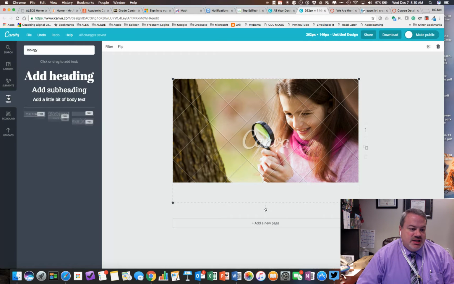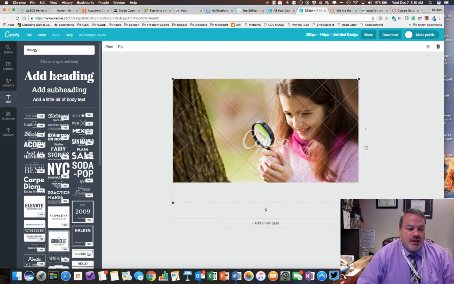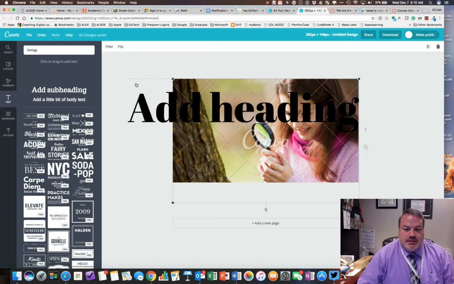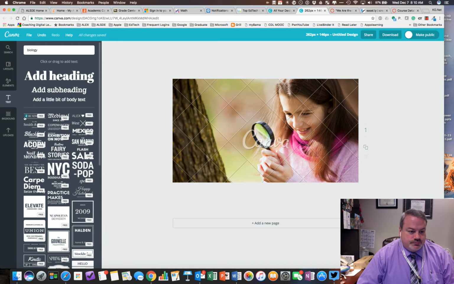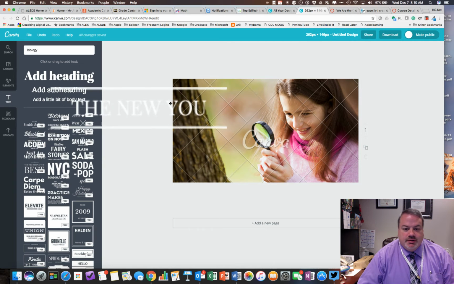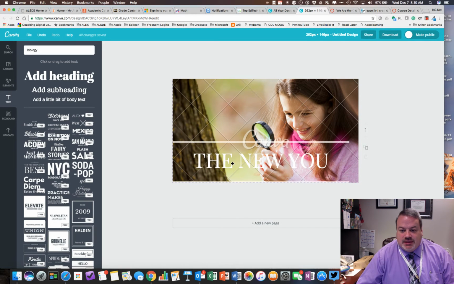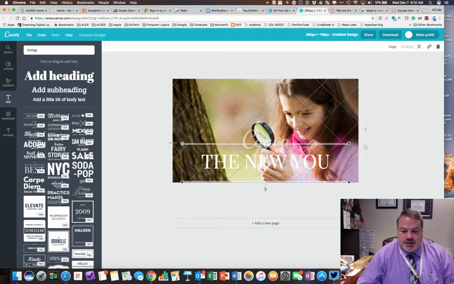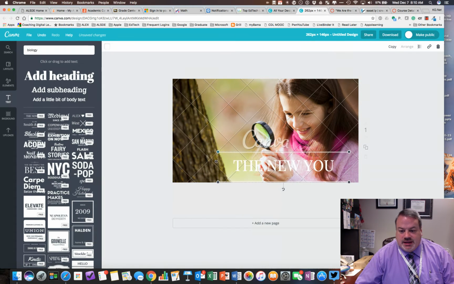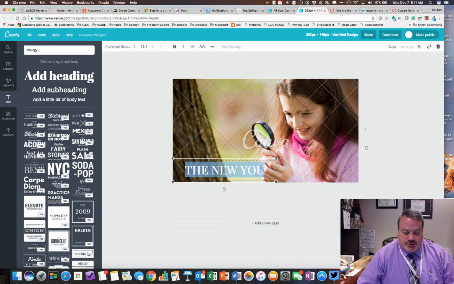And then let's add some text. So I'm going to click on text. And I could go pretty simple and just add a heading. Or there are several free text layouts that I could use here. So I can drag that over, adjust the size, and I'm going to put this so it's down here in the corner. Once I've got it situated where I want, double click,